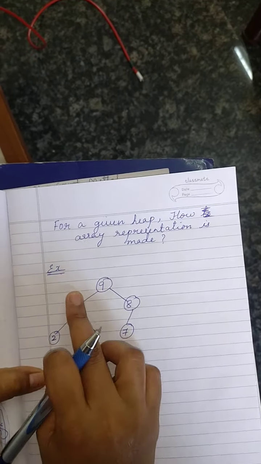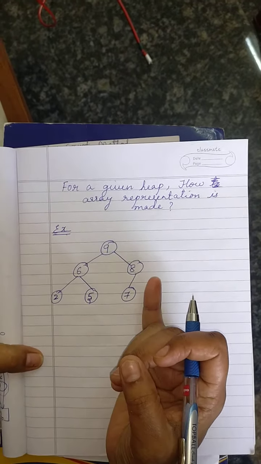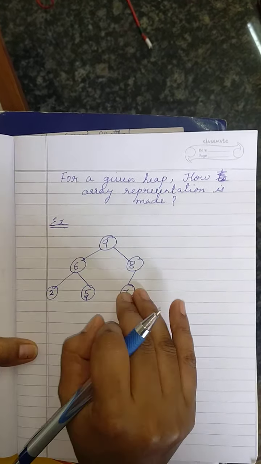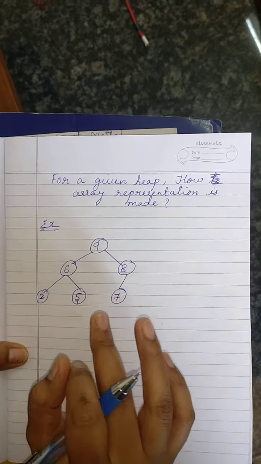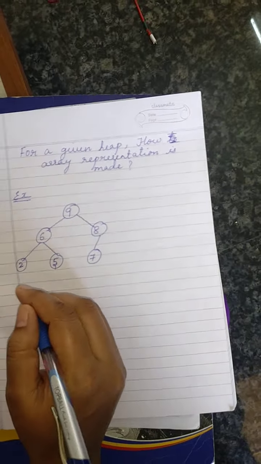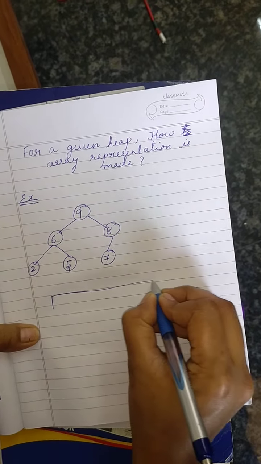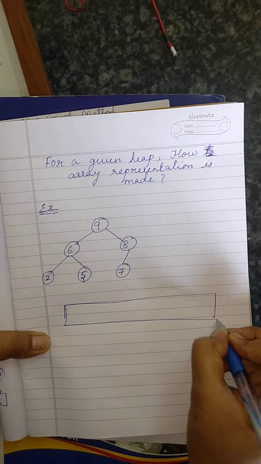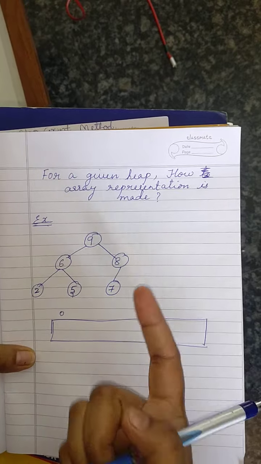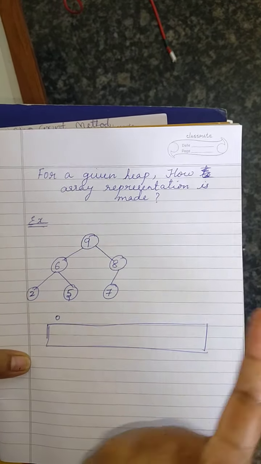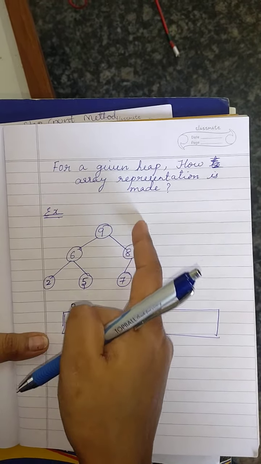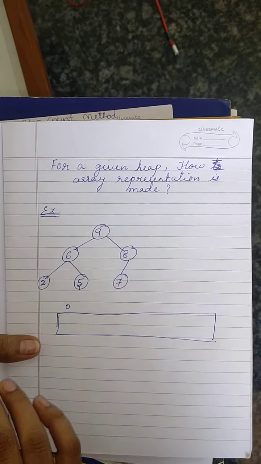This is one example for the given heap. How the array representation is made, we will see, and how for a given array, to draw the tree, we'll also see. Now I have taken a tree here, correct? For this tree, I have to represent it in the form of an array. So take it like this. An array always starts from 0. Here you can also consider starting from 1, but the formula varies. Okay, if you take 1, what happens? 2i will be the left child, 2i plus 1 will be the right child. If you want the parent, it will be i by 2. So you can take that also.